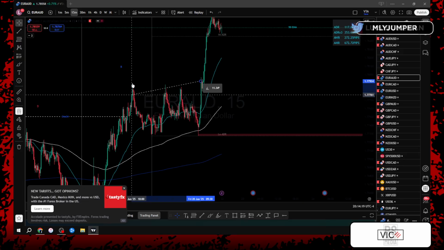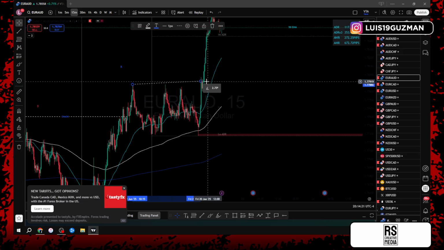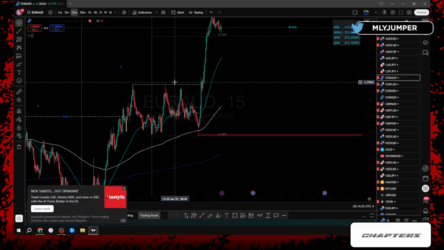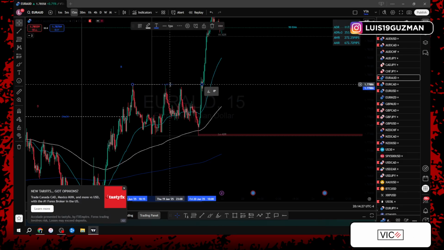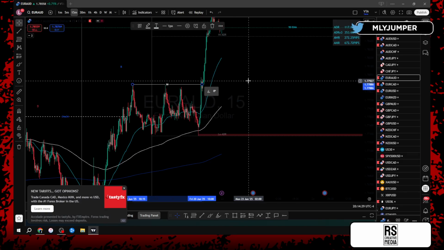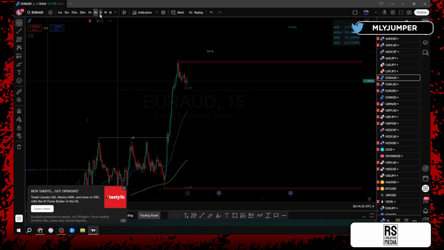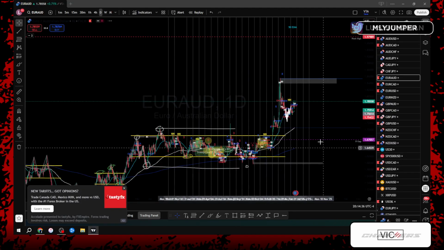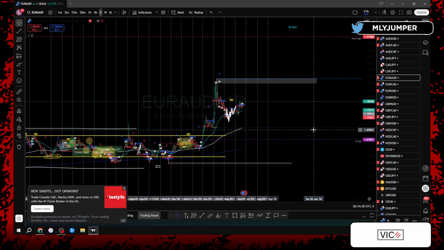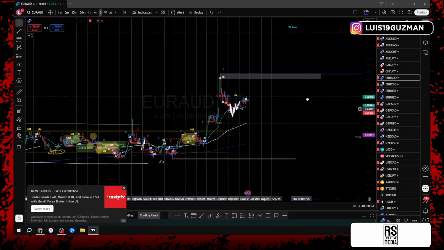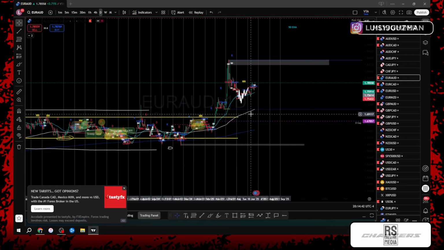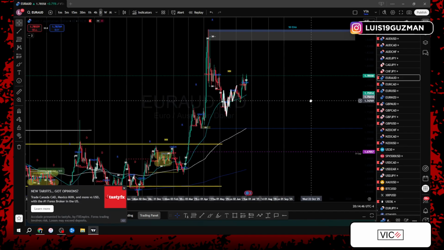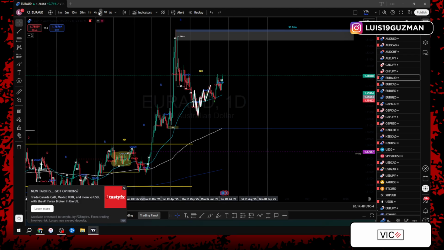Now, before we could say yes, we're going to 100% get a continuation, let's go back to the top and do a little top-down analysis one more time to see if we missed anything. So EA, we know that, okay, we're still in peak high territory. We still have this gap at the bottom. We technically could be doing inducements. And this is where the lower time frame is going to come into consideration.